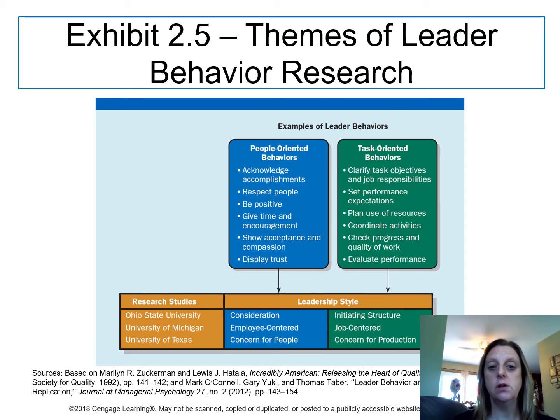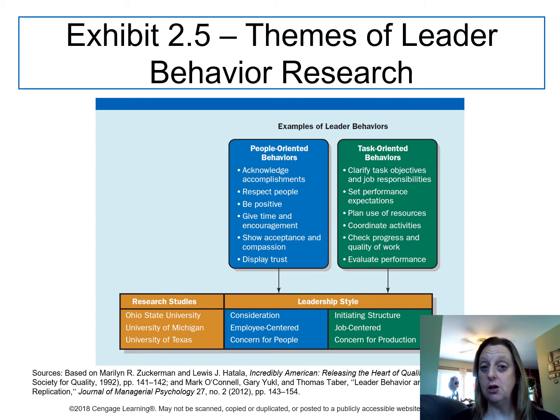Consideration, for example, describes the extent to which a leader cares about subordinates, respects their ideas and feelings, and establishes mutual trust. Showing appreciation, listening carefully to problems, and seeking input from subordinates regarding important decisions are all examples of consideration behaviors. This really aligns with that employee-centered leadership